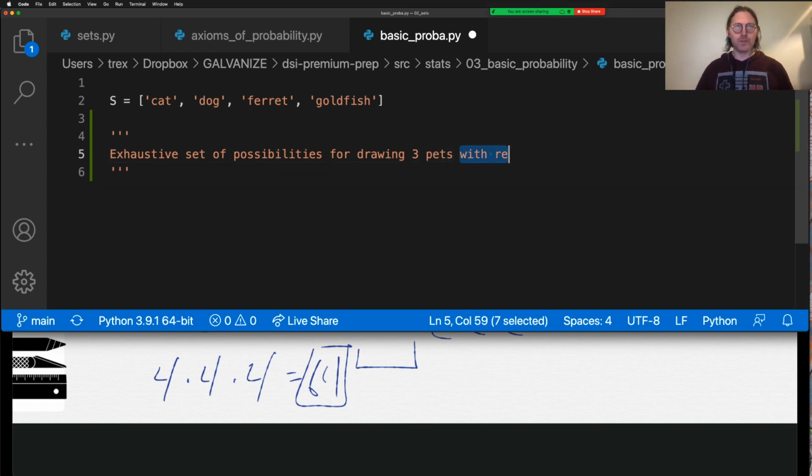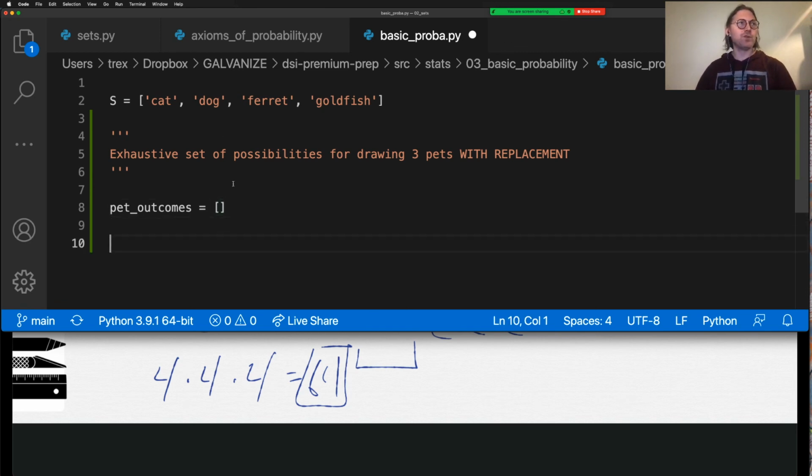And notice I'm saying with replacement, okay? What I mean by with replacement here, this is why I'm saying there's infinite number of these. We could also think about it as you reach into the room, you only have one of each, you reach into the room and you pull one out at random, and then you put it back, and then you reach in and you pull another one out and you put it back. Either way works, right? That's why we say with replacement. If you pull it out and put it back, that's with replacement. You're replacing the animal. Okay, so I'm going to call this pet outcomes,